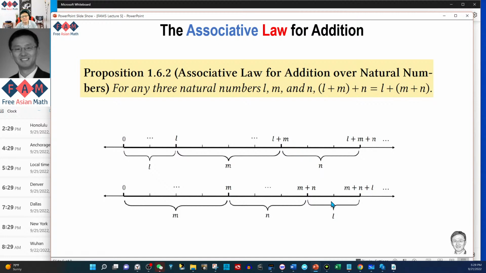But all we have done is just moving those three line segments around, sliding them into different positions, right? So this line segment sliding argument is almost exactly what we just did for the commutative law. We already agreed whenever we slide a line segment on the number line, its length will not change. And because of that,